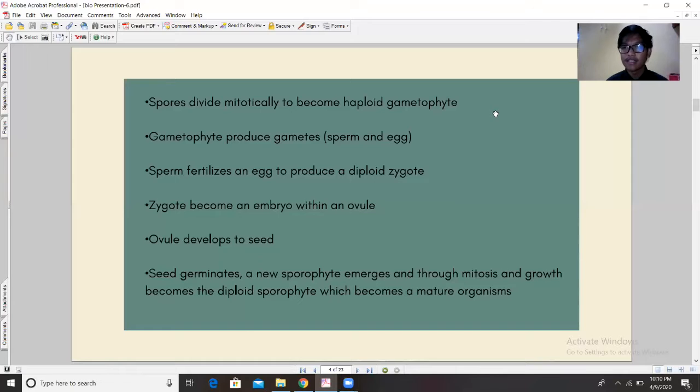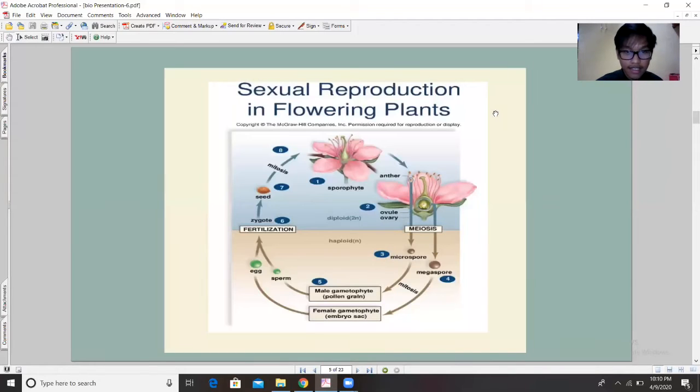which becomes a matured organism. As you can see here, this is the life cycle of sexual reproduction in flowering plants. As I already explained, this is the reproductive structure. A flower reproductive structure will produce two types of spores, microspore and megaspore. The microspore will become the male gametophyte, the megaspore will become the female gametophyte, and the egg is fertilized by the sperm to produce the zygote. The zygote will become an embryo,